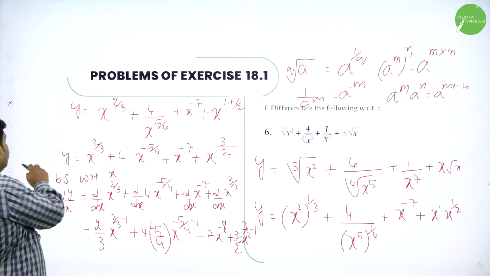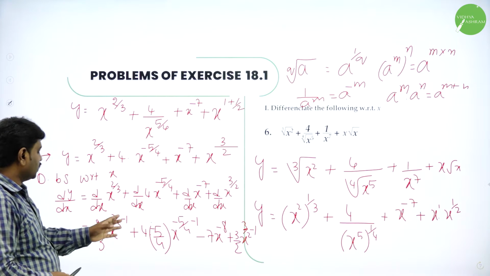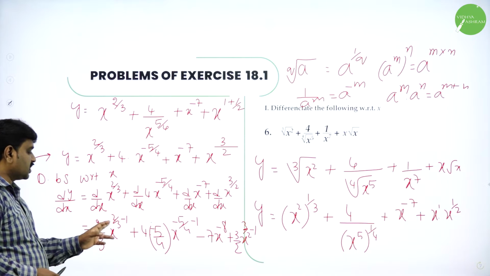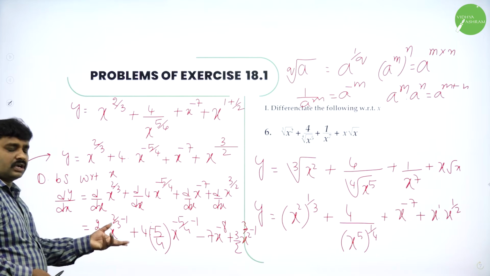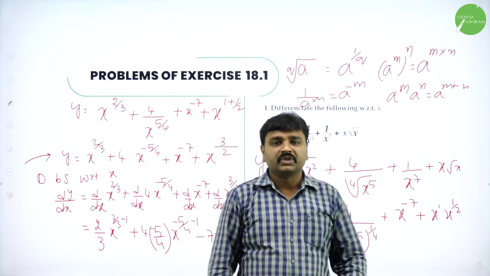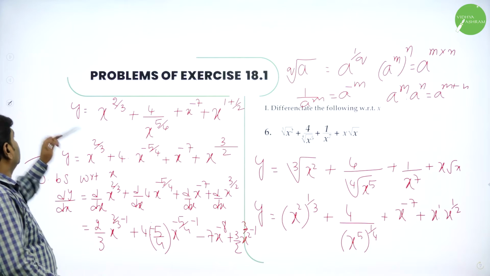So this is required for you in this problem. It is similar to the last problem. So further you can do it by taking LCM. 3 ones are 3, 2 minus 3 minus 1, 2 by 3 x power minus 1 by 3, and you will get the answer. I hope all of you understood this sixth problem. So please complete the last step by yourself. It is simple and direct. Next we have